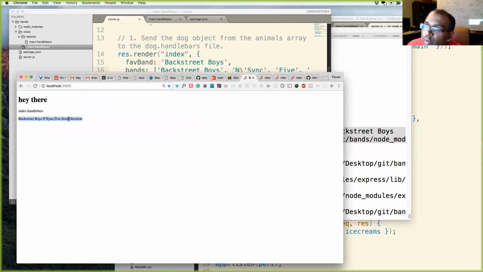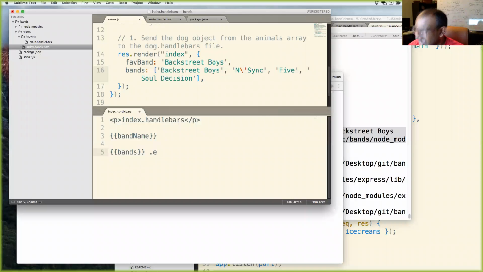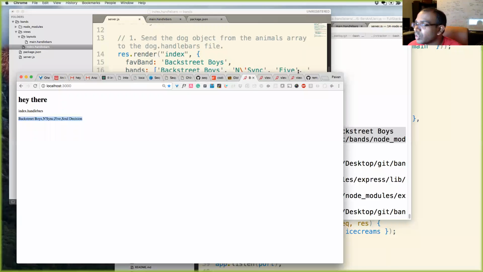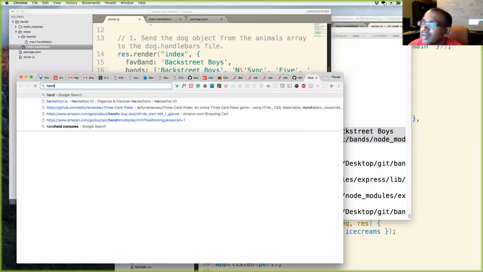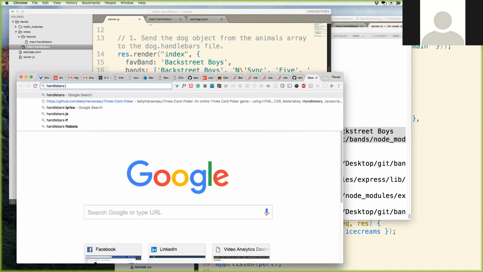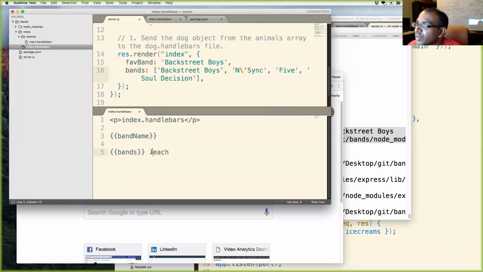And we see all of them right here. Now, the thing is, it just displays them as if it's an array. So how do we loop over these names right here? Off the top of my head, I forget. I know it's like dot each or something. What I'll do is look up the documentation. Isn't it pound each? Yeah, pound each. Yep. Let's do that. Pound each. And let's put this right here.